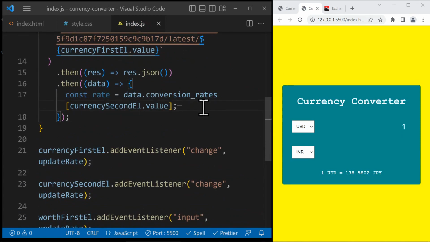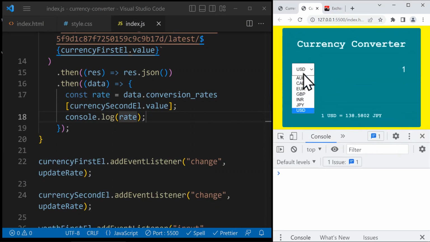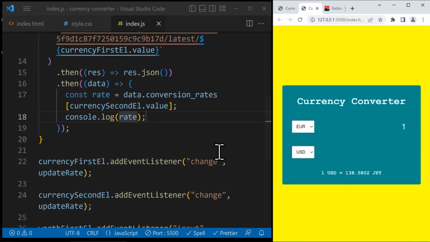So now, if we console log the rate, we should see the rate here. Let me open the console using F12. Now, if I choose, for example, the euro to Indian rupee, it is 84.77, to US dollar is 1.03. So based on the second one, we are getting this one. All right. So now we can actually fill this one and make this one completed because we have the data